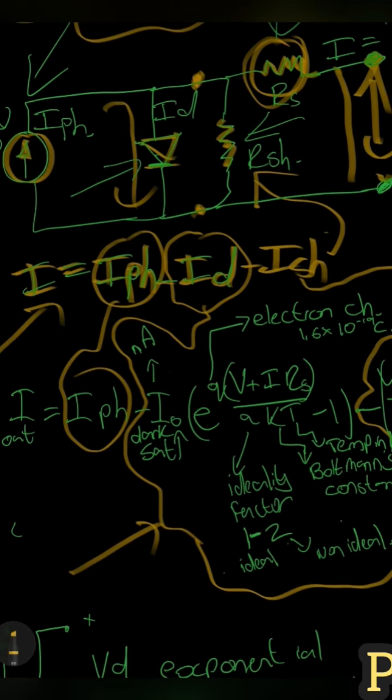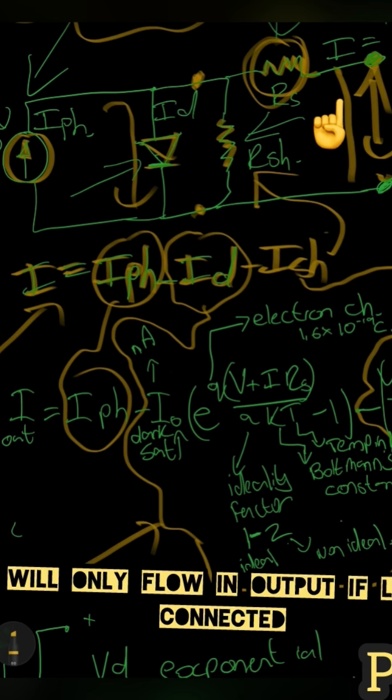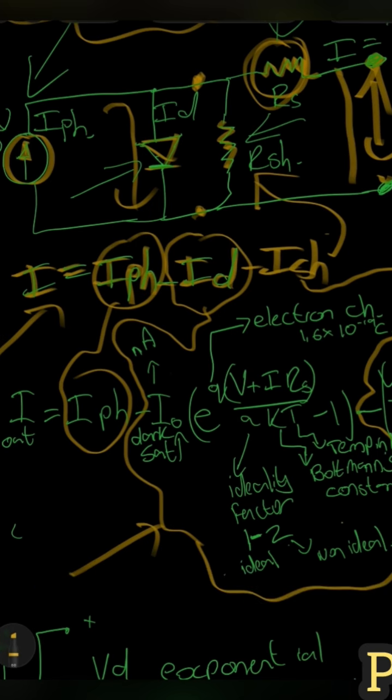The reason you add the IRS at the end here is because the terminal voltage across the diode is higher than the output voltage. So you basically just take the current that you have at the output and you can multiply it with a series resistance, and then you can get the voltage across the diode, right? That part's not too hard to understand. Just understand why it is there. And then at the bottom, we have the ideality